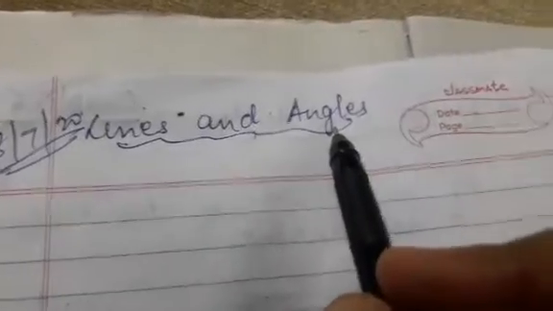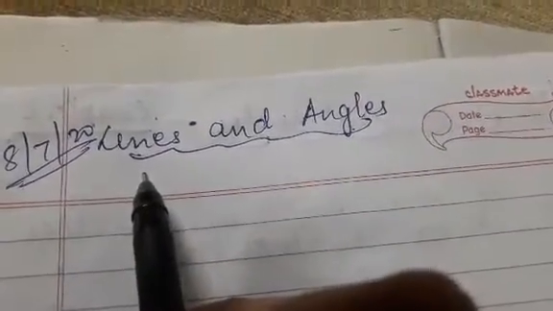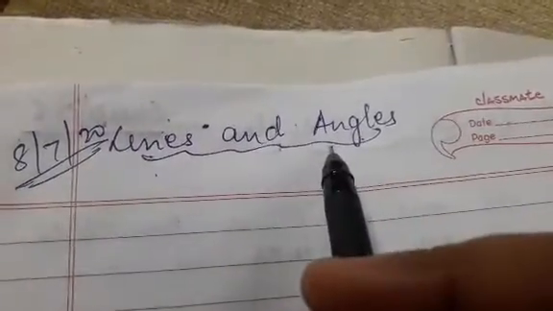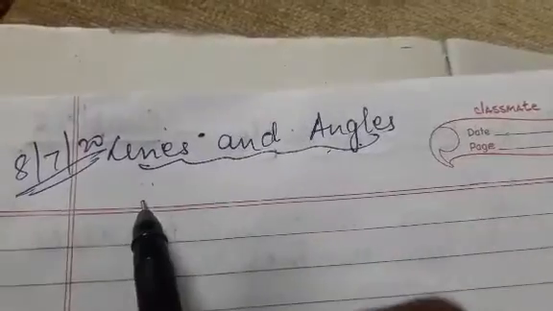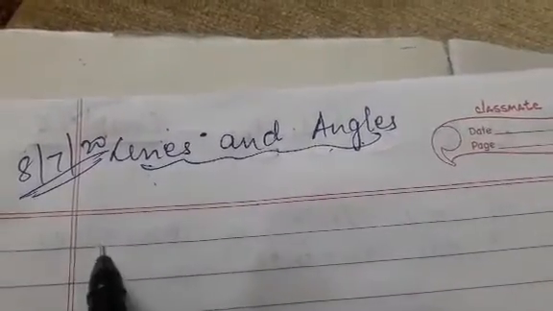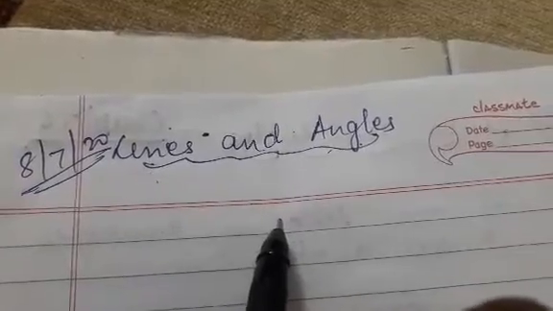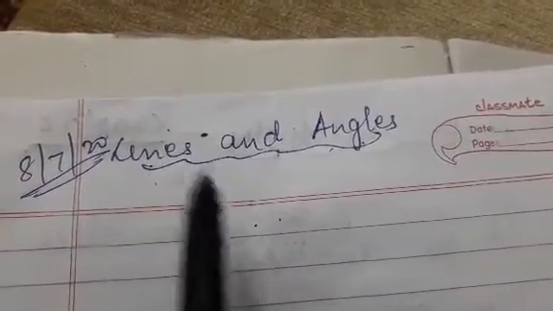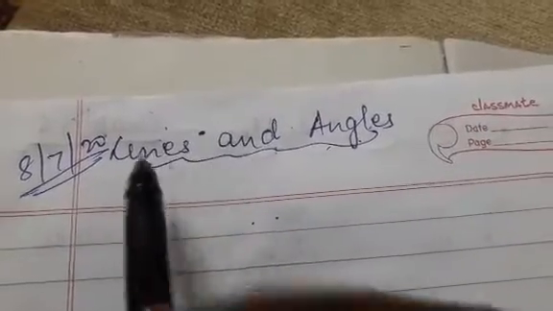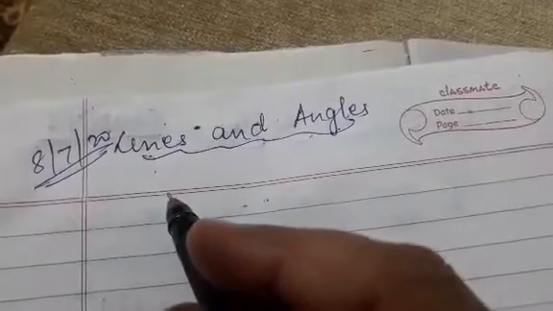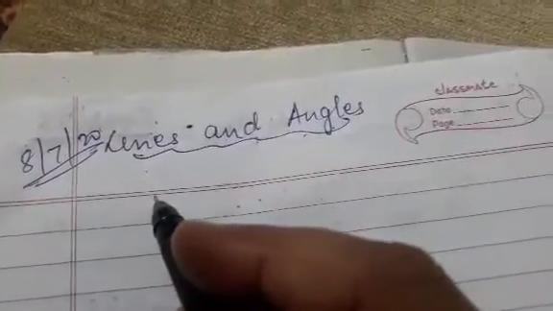Good morning, girls. We'll continue with the chapter lines and angles. Till yesterday, I have finished with the parallel lines and the transversal, the properties of the angles which are formed by the parallel lines and the transversal, like corresponding angle property, alternate interior angles property, co-interior angles property, then what are alternate exterior angles, and related to this, I also told you that there are some axioms given in the book. You mark them and learn these properties, right?